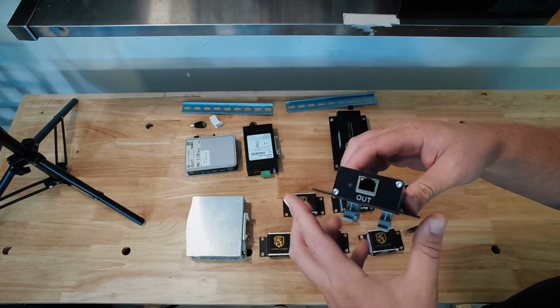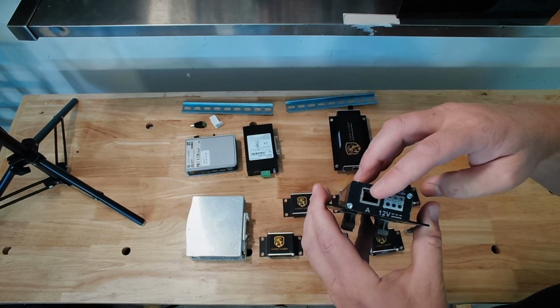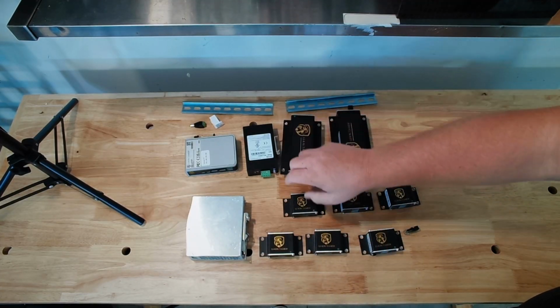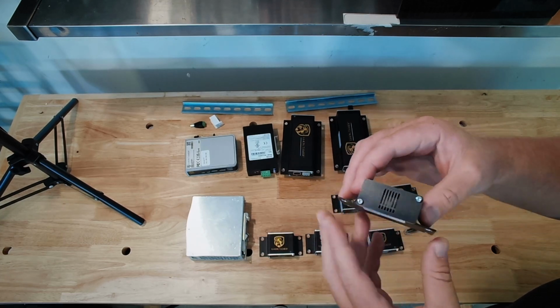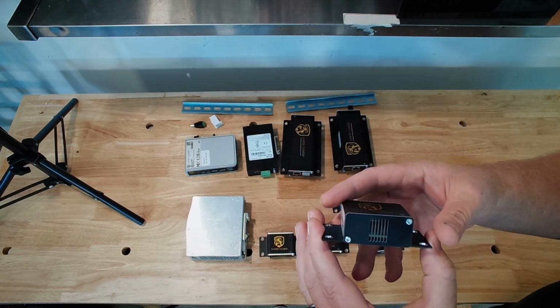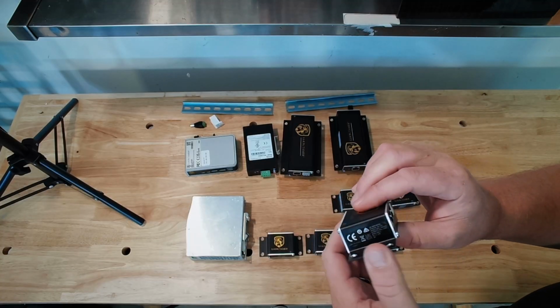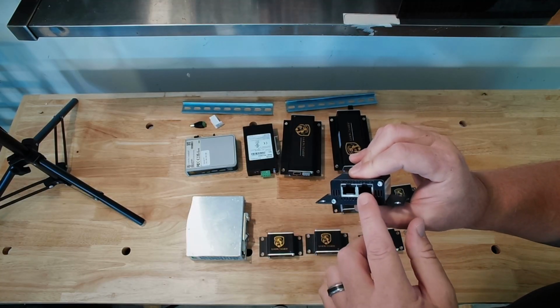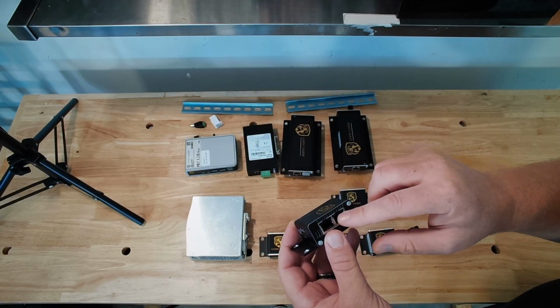So our out is going to go to our switch. Our chain A is then going to go to the first sensor. And as you can see, this has an all black housing. This is a monitoring sensor. It's going to go into one of these two ports. It does not matter which. And then we're going to come out of the empty port